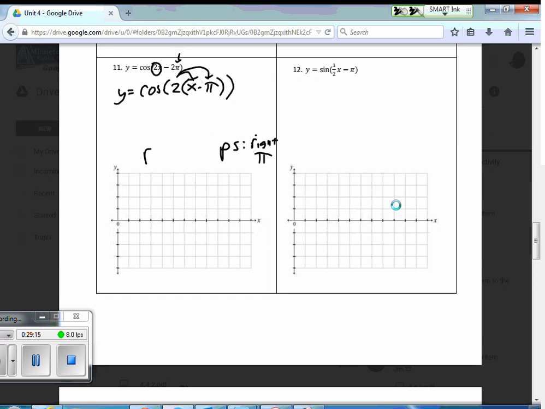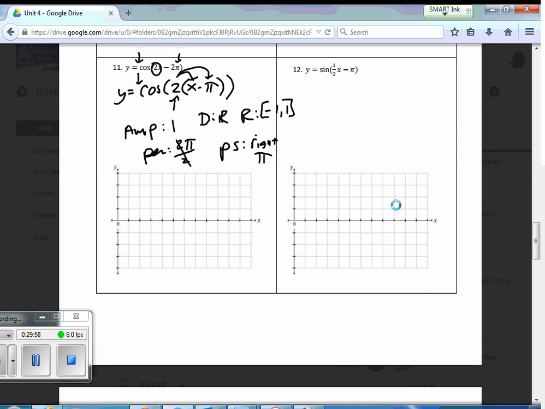My period, 2 pi over b. Is there a b term? Yes, there is. The b term is 2. So it's 2 pi over 2. So that's just pi. Amplitude, and there's no number in front. So it's 1. And was there something else? I feel like there is. Oh, period. No, I already did that. Domain and range. Domain, all reals. And range, since we didn't mess with this, it's still from -1 to 1. It needs brackets, by the way. I think I put parentheses on the last one, I just realized. So make sure you have brackets on your ranges because it touches the lowest and the highest